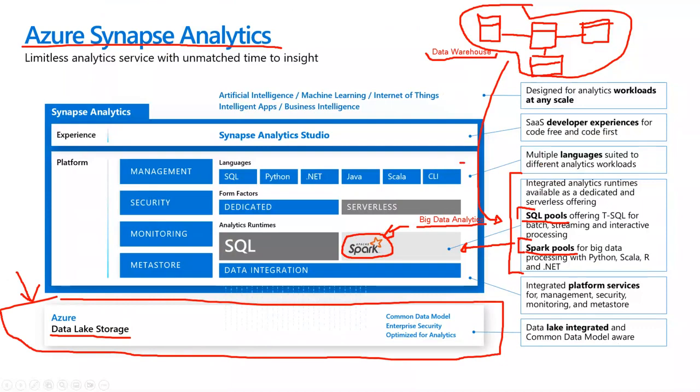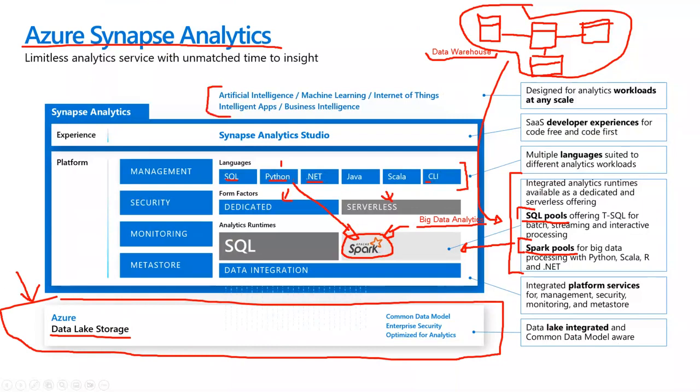About the languages you're going to use for working with those modules, they are languages already in the industry: SQL, Python, .NET, Java, Scala, and the command line interfaces like PowerShell, Cloud Shell, etc. So lots of libraries, for example in Python, are going to be used with Spark for big data analytics, right?